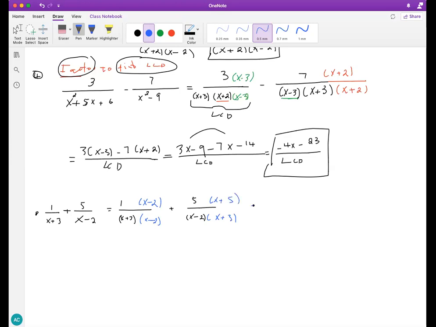And that's pretty much it. We have the same denominator, so we're going to keep the LCD the same here. Then combine these two, so we have X minus 2 plus 5X plus 25, if you distribute. Combine like terms, we have 4X here. We have these two, negative 23, or positive 23, over the same number here, the LCD. The LCD meaning this, okay? And always try to simplify. As you can see, we can't factor this to cancel out. That's basically your answer. Instead of the LCD, you could write